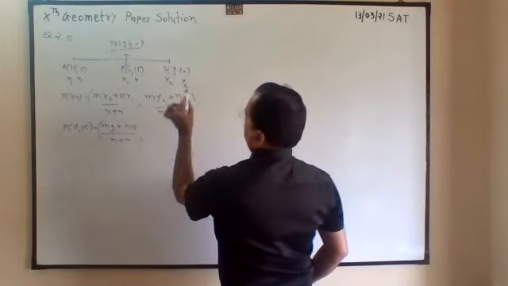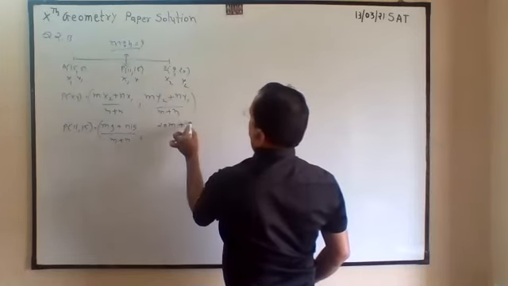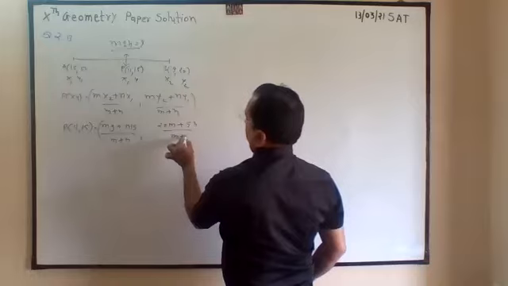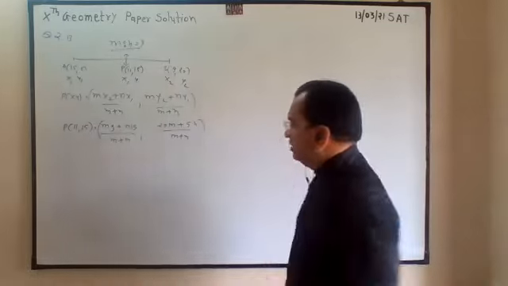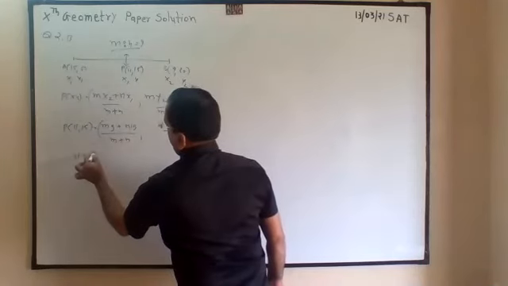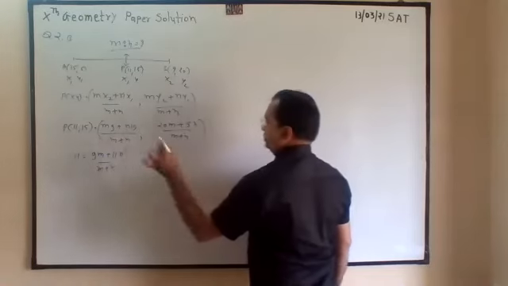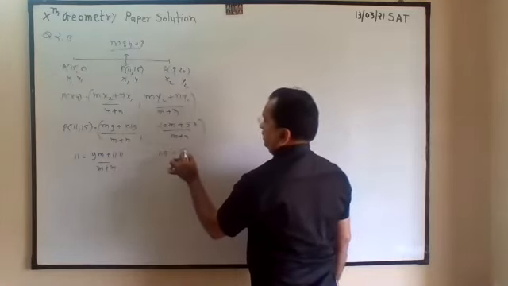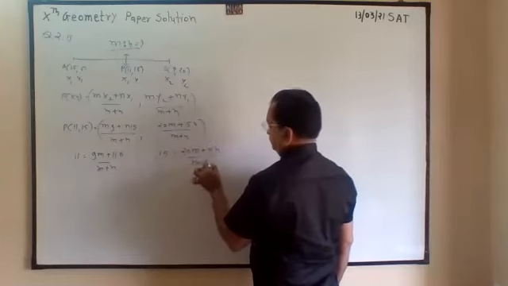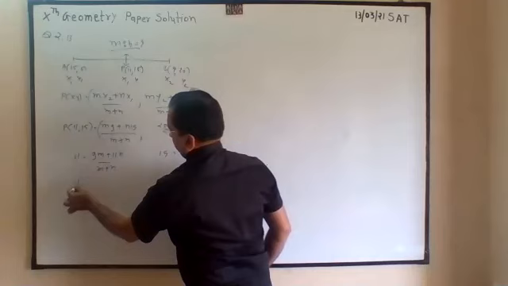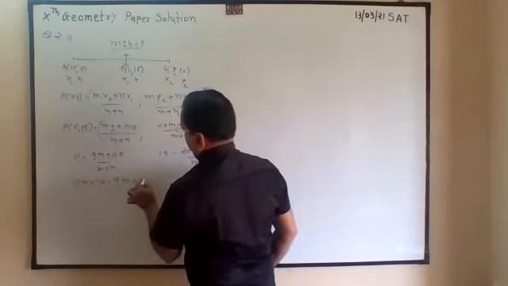Now y2, y1. So 20m plus 5n is equal to m plus n. By any one ratio, you will get the correct answer, but I will show you both ways. So 11 is equal to (9m plus 11n) by (m plus n). By this or by this, in exam you have to show only one. Cross product: 11m plus 11n equals 9m plus 11n.